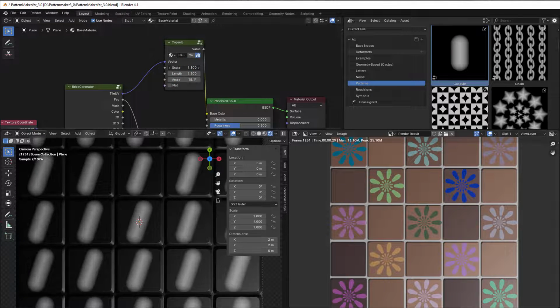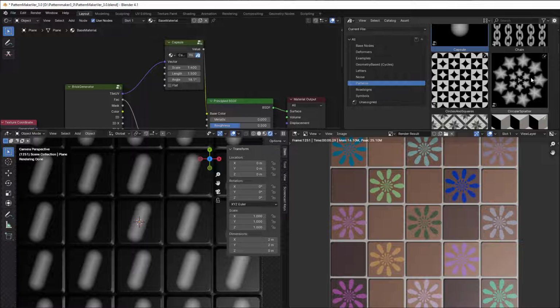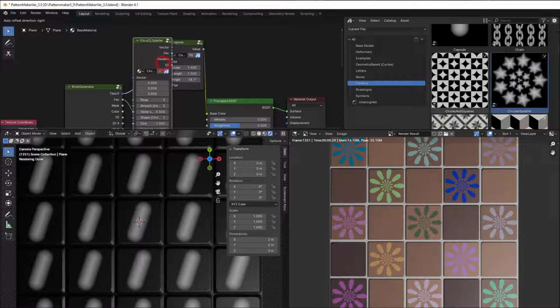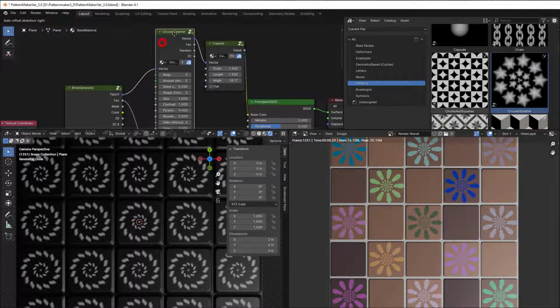So you can play with that as you want to. But to make it a flower, we need more than one capsule, and that we can use the pattern circular splatter for. So if I just put that between here, so we put in circular splatter, then I make the changes on the UV and get a new UV out here that we then can use here to make the